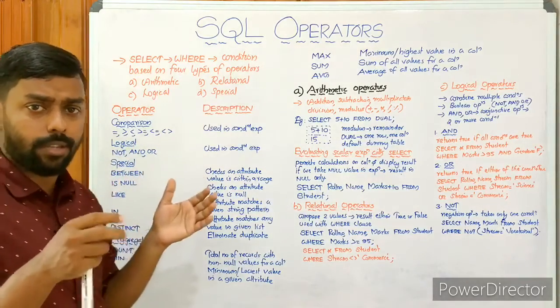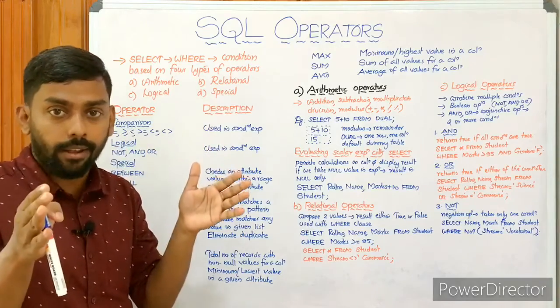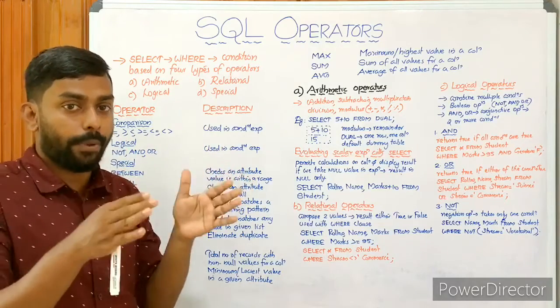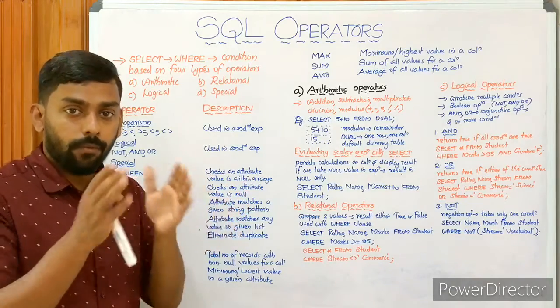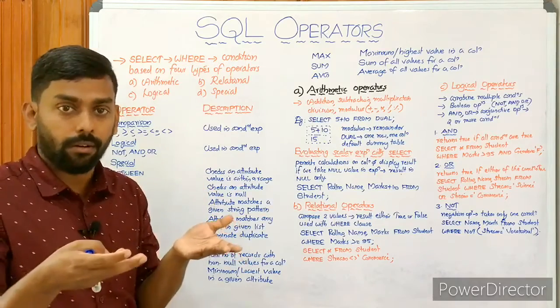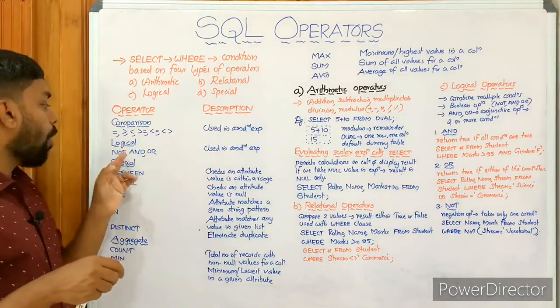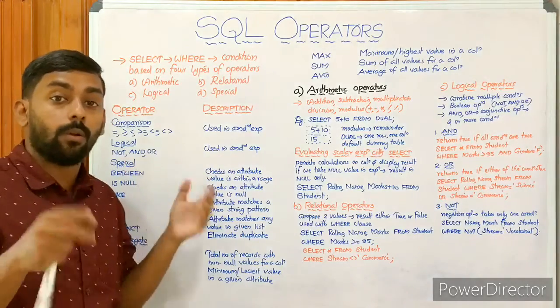You know what an expression is? An expression is a combination of operators and operands, right? For example, a plus b is an expression. We have a and b as operands, and plus is the operator. Then logical operators: not, and, or, are also used in conditional expressions, and logical operators are also called Boolean.